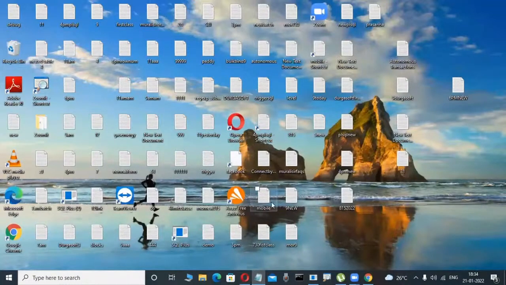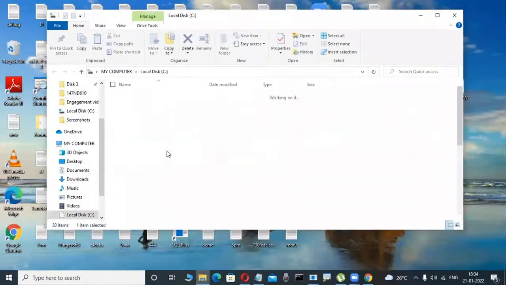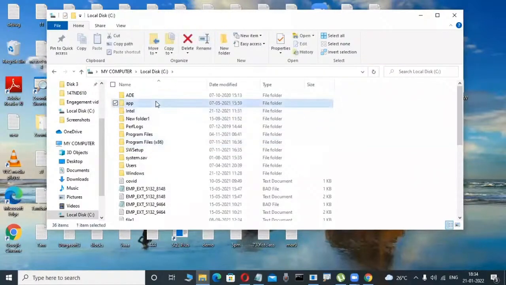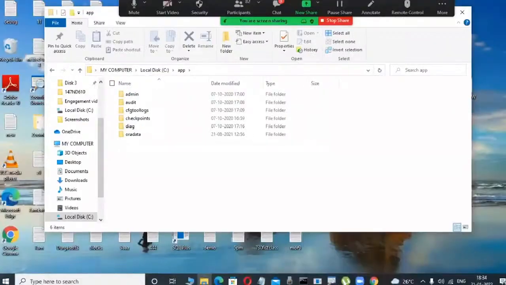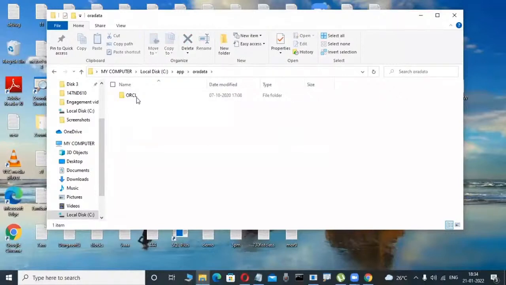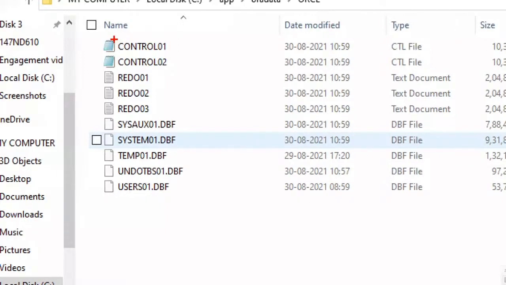Suppose a Windows operating system is there, where Oracle is already installed. In that location, I try to view, for example, in C colon, D colon, where Oracle is there. Those are all directories, don't worry, these are folders. Here: Oracle, Oradata, ORCL. I'm only observing. Now in C colon, I'm installing my Oracle software. In this Oracle software, anywhere,